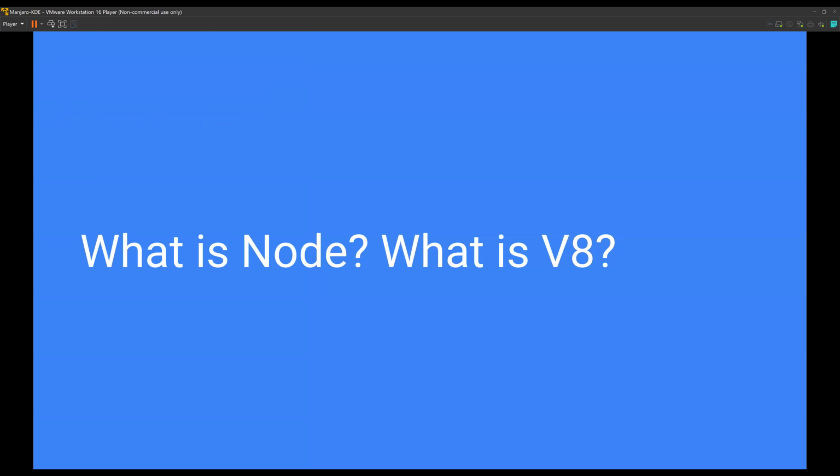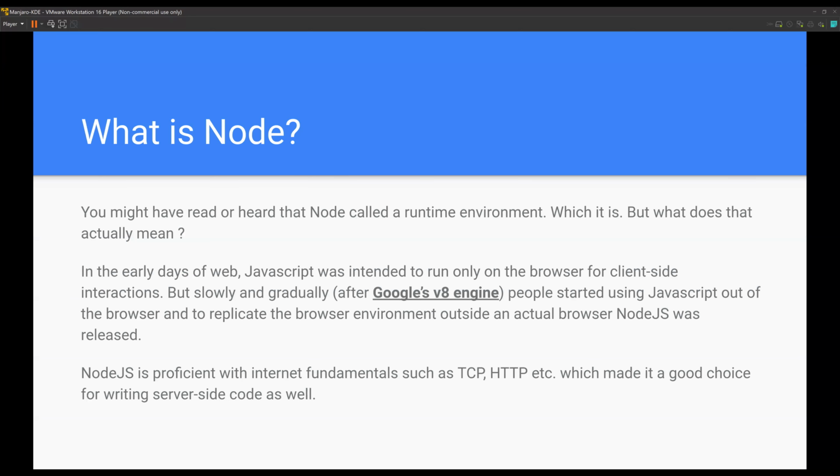So what is Node exactly, and what is V8? You already have some understanding of Node, I believe, through NPM and all of that. But what Node really is, you might have heard the term if you were looking online, runtime environment. But what is really a runtime environment, really? So